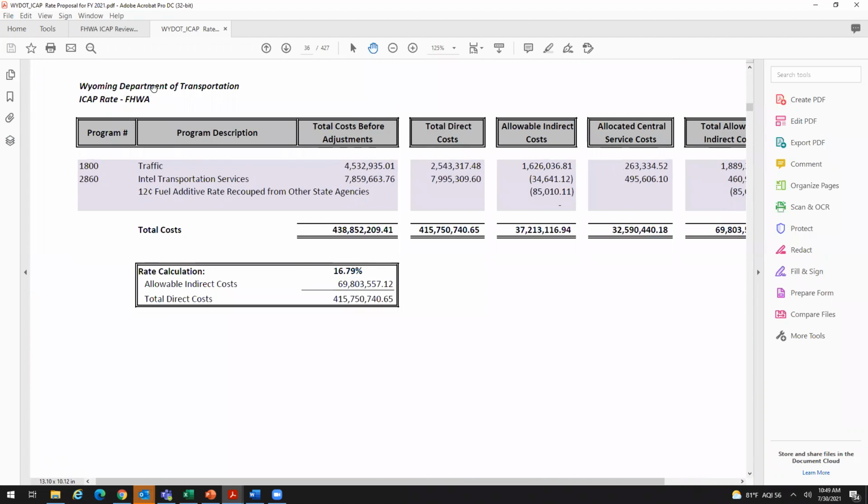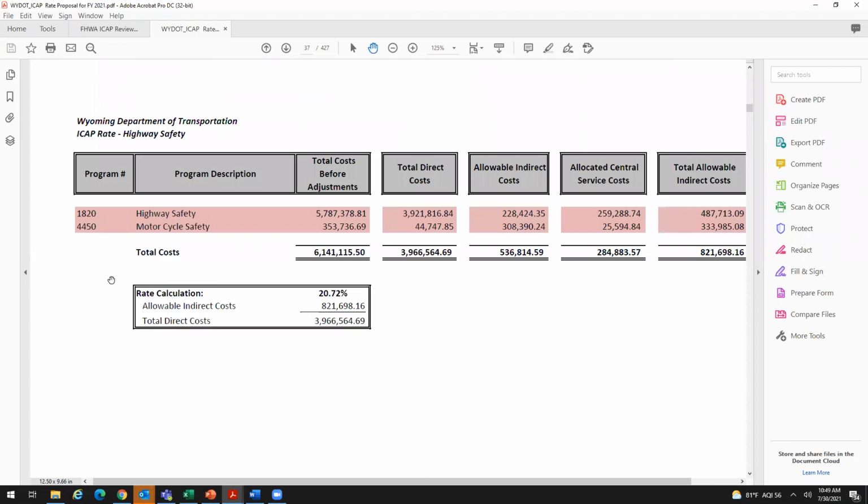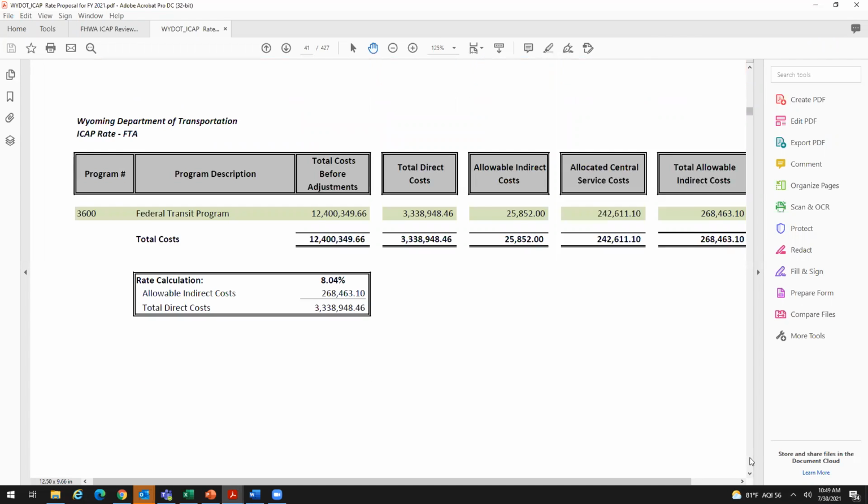And then they have other codes to aeronautics and to some of their highway safety and their other departments. So they've come up with this 16.79% rate for the federal highway program. And so then what they're asking for when it's all said and done,